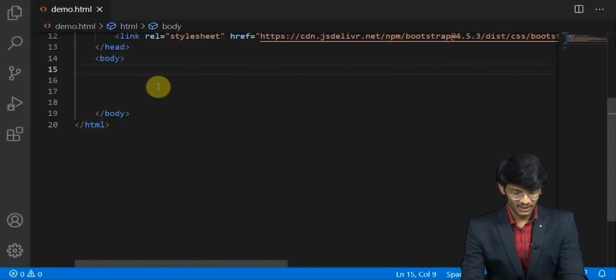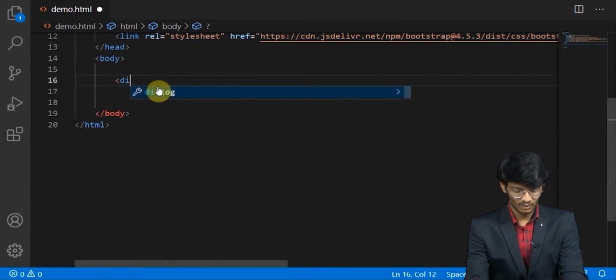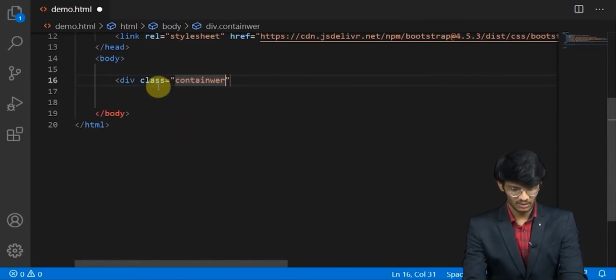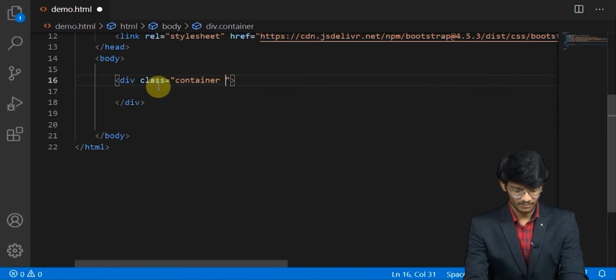Well, in here I have got a div with class container, and we'll give it margin top 5.